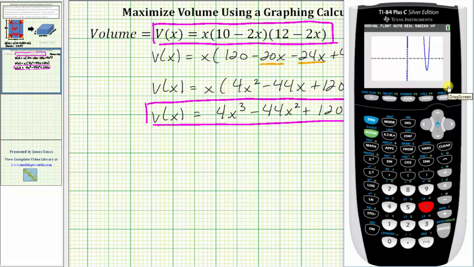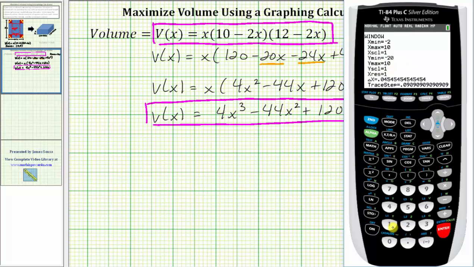Remember, the domain is the open interval from 0 to 5, so we are really only concerned about the graph over this interval here. Looking at the graph, we need to adjust the horizontal axis as well as the vertical axis. We need to see higher on the graph, which means we'll need to increase the y maximum. Let's press the window key. Let's change the x min to negative 2, enter. Let's leave the x max at 10 and leave the x scale at 1. But let's go ahead and change the y min to negative 20